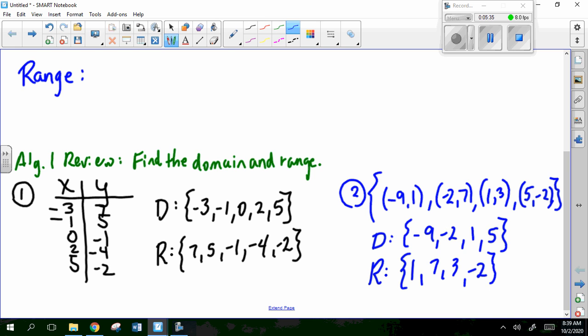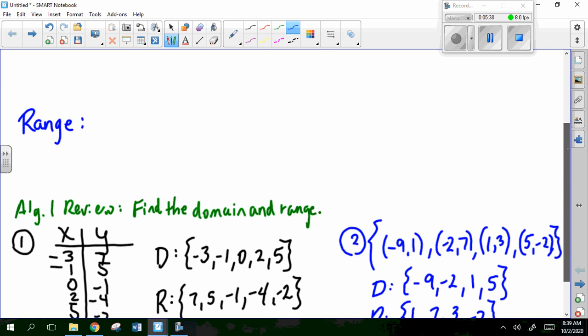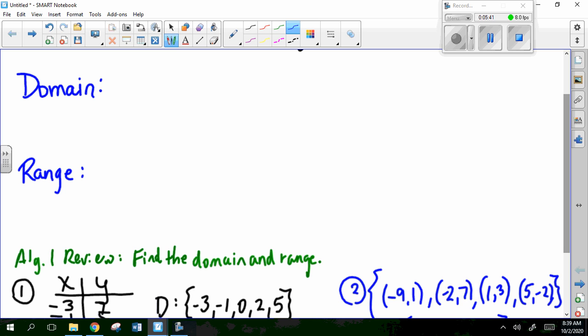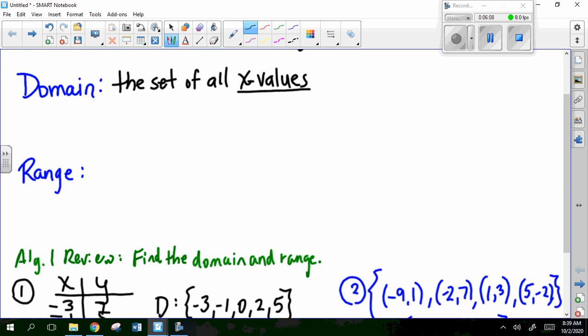All right, so let's go back up and let's write a definition. Okay? So the most basic definition is that the domain are the what values? X values, and the range are the y values. Okay, but we're going to make it even more formal than that. So the domain is the set, that's why it goes in curly brackets, the set of all x values that can be plugged into